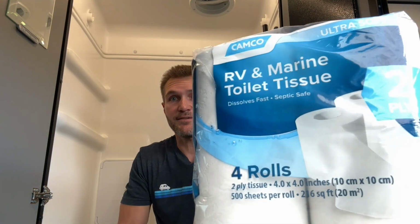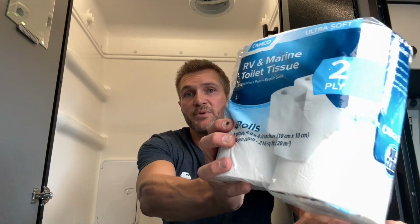They'll get caught on stuff that moves in there, like latches and vents and all that stuff, and you cannot have something that doesn't break down. This stuff, if it gets caught on something, over time it will break down into a kind of liquidy pulp that will pour out with everything else you pour out of your cassette. So do me a favor and get either some RV...